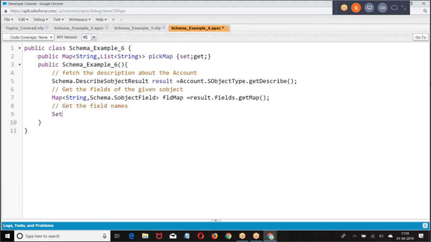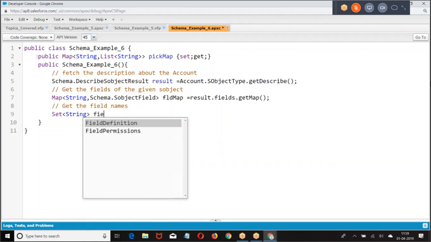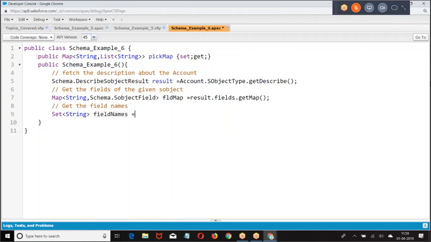So what are we going to do? Get the field names. Once you got the field names, what am I doing? Get the field names, string is field names.